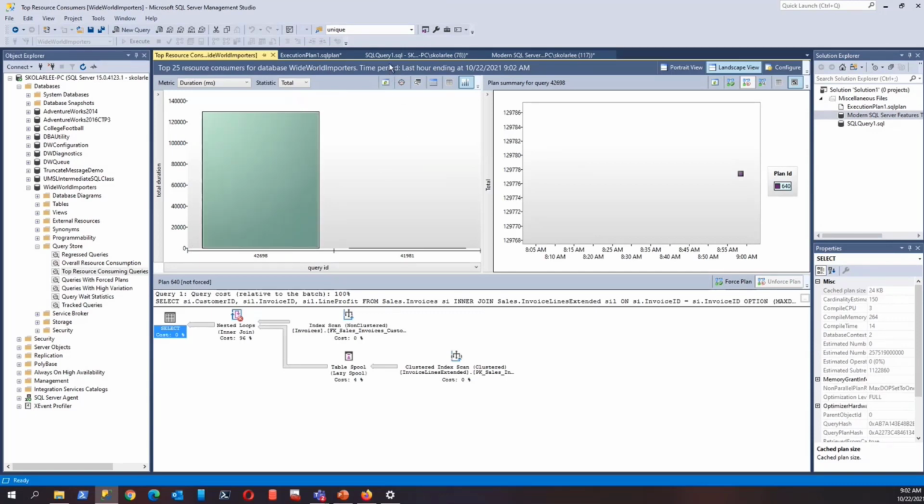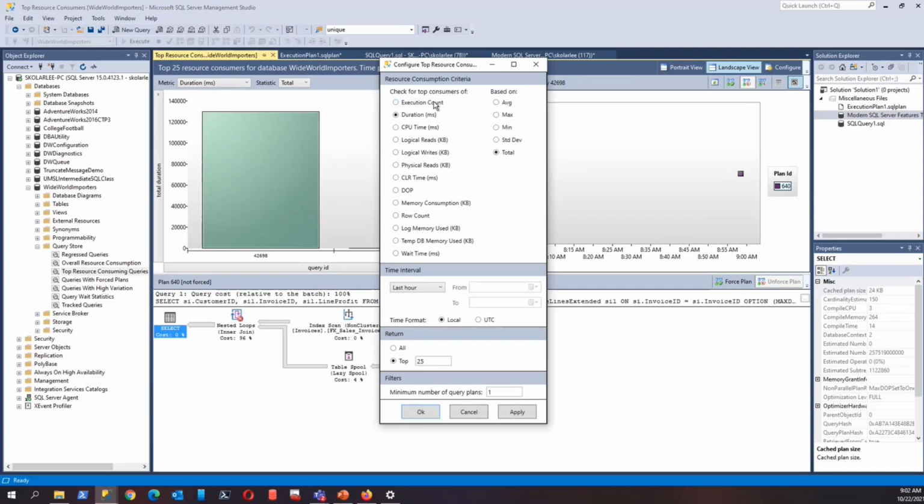By default, you do get the last hour of information for the runtime. You can change this over in the right-hand corner in the configure button. So here's the time interval. You have lots of different options. You can even do custom, where you can go back to different days and see what performance was like. So I'm just going to go back a month and hit apply and OK here in a moment, but I